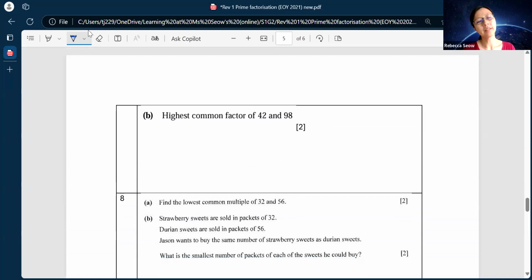Following that, let's take a look at finding the HCF of 42 and 98. Now, since these two numbers are not related to part A, I think it will be best if we do it by prime factorization rather than by index notation so that we can get the answer fast and accurately. Okay, so the HCF will be 2 times